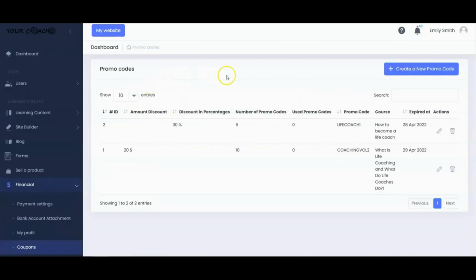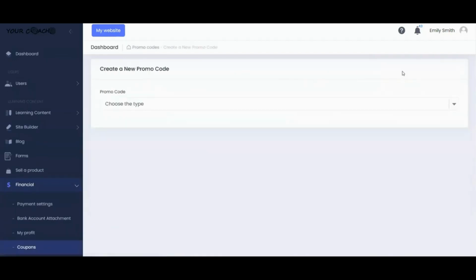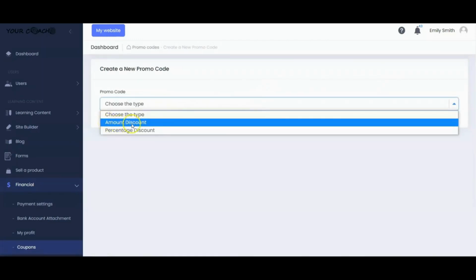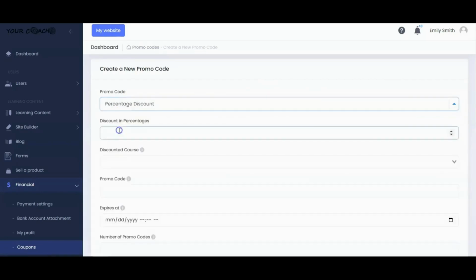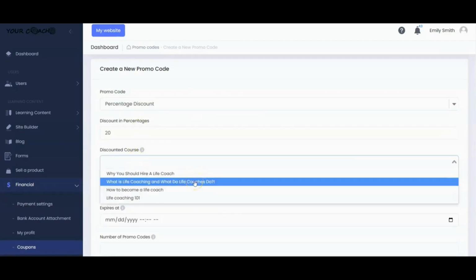Coupons. You can create promo codes here as well as view all the promos that you have created. There are two types of promo codes that you can create. The one with amount discount, where you include the specific amount, and of course a percentage discount. Let's view percentage discount. Here you can write, for instance, 20%, and you can choose the course which will be